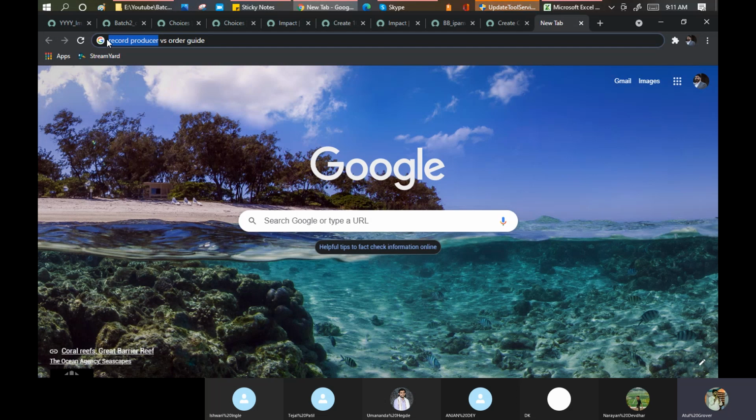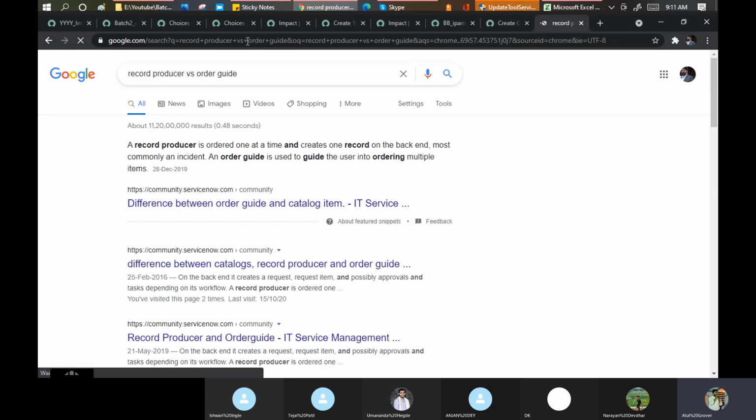The definition matters, and believe me, when you go for an interview and the interviewer asks what you mean by record producer and order guide, he wants the exact definition from your side. That is why I want to clarify this. A record producer is ordered one at a time and creates one record on the backend.